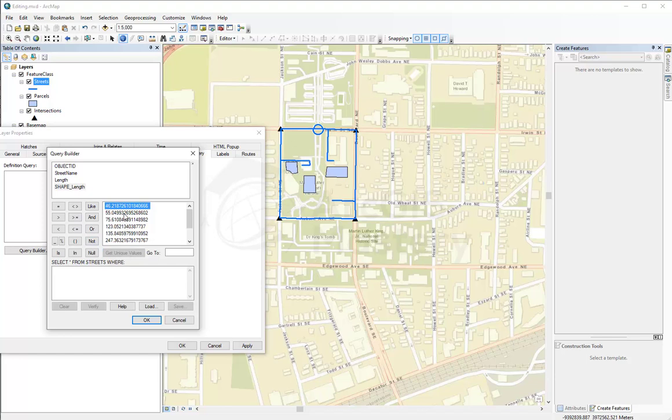So here we have like 46 and 55 and 100 and 200. I want to show only the shape length. I will double click on shape length and it shows up here. It's basically creating a query where it selects all from street where shape length is bigger